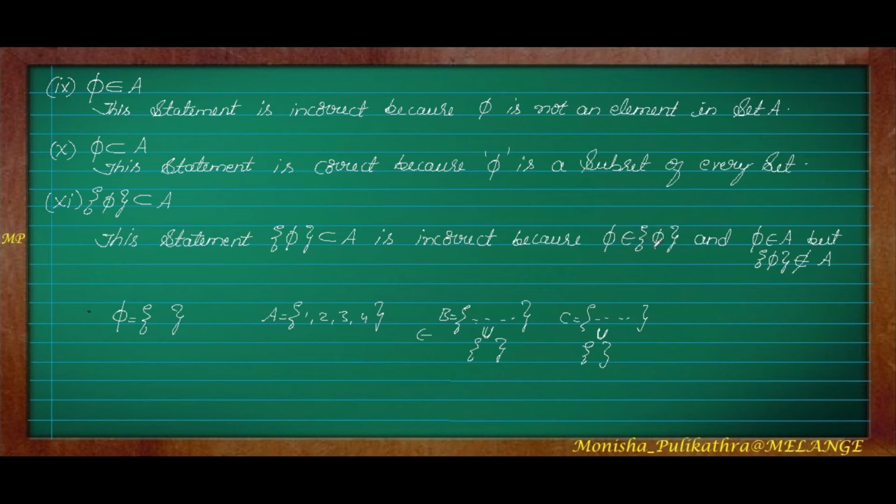But this bracketed null set doesn't belong to a particular set. It always belongs to its own empty set itself. But a null set alone belongs to any other set. I hope you understood this. Don't get confused. So always the null set is a subset of A, and the null set with the bracket is not a subset of A. So these things you have to keep in mind. I hope you understood.